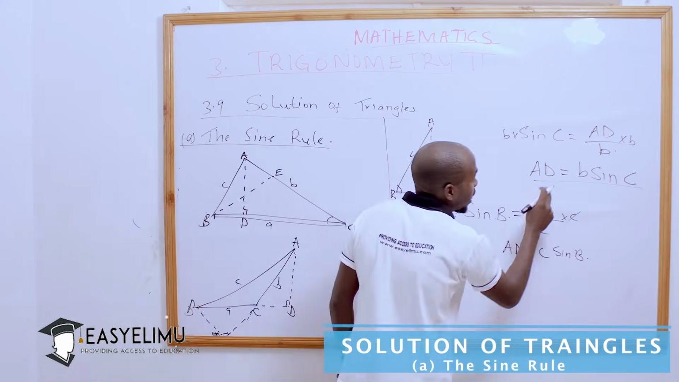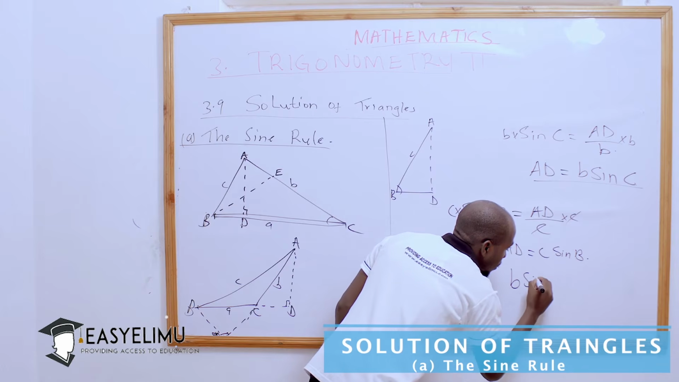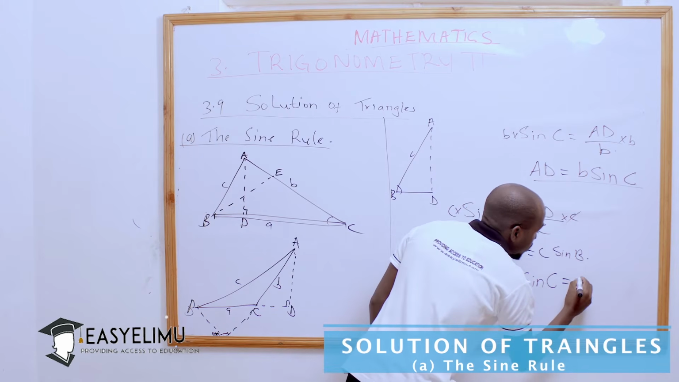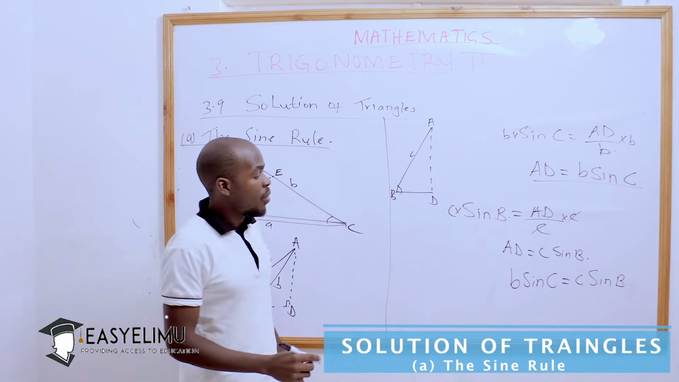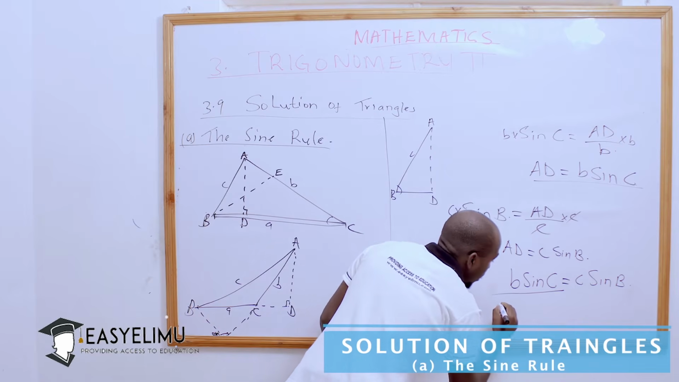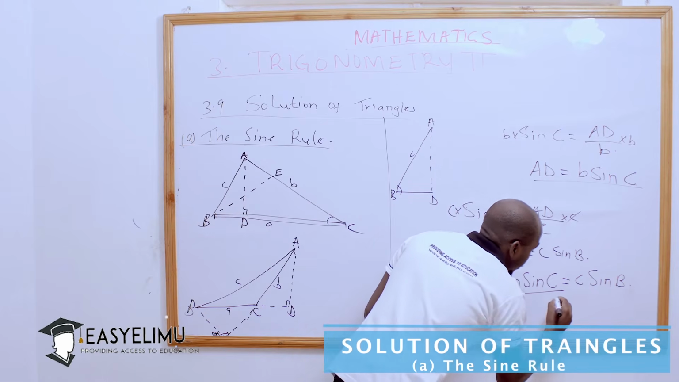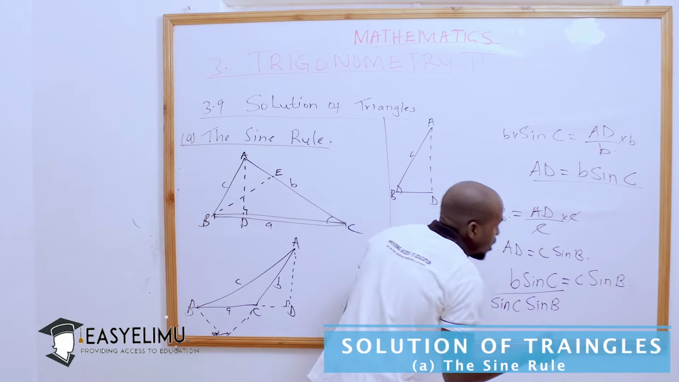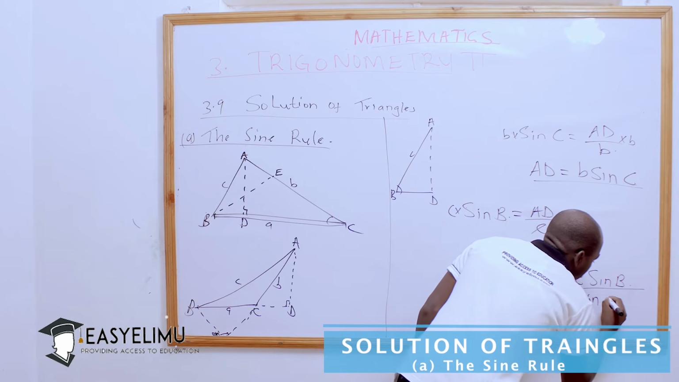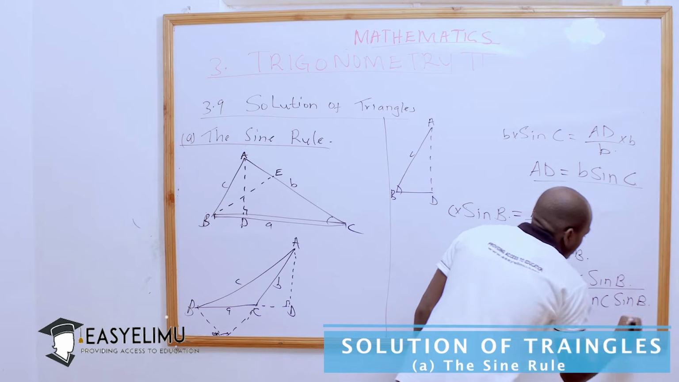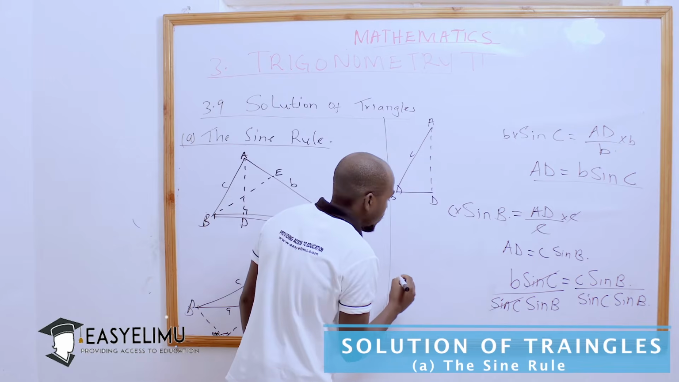So meaning that this AD is equivalent to this AD, meaning that B sine C is equivalent to C sine B. Now here we are going to divide both sides by sine C and also by sine B. We are dividing both sides by sine C, sine B. The same should apply to this side. And we shall find out that sine C here shall cancel with this one,